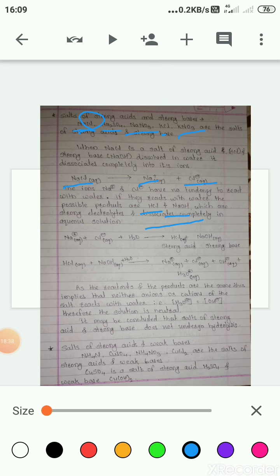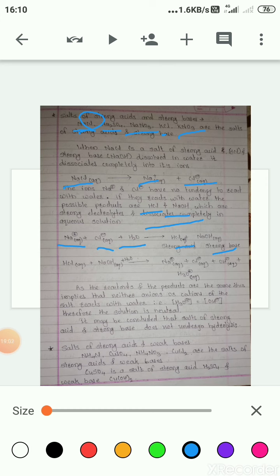For example, we have taken NaCl here, and NaCl produces Na+ and Cl- ions, and again if these ions react with H+ and OH- ions of water, it produces a strong acid HCl and a strong base NaOH,